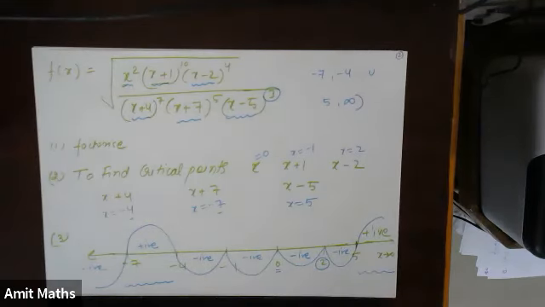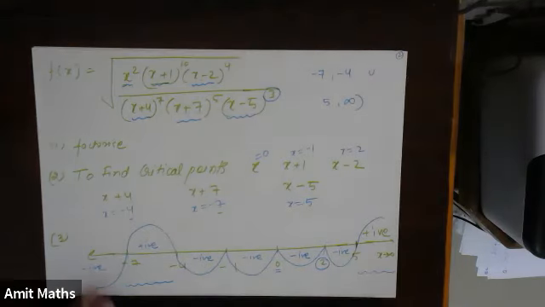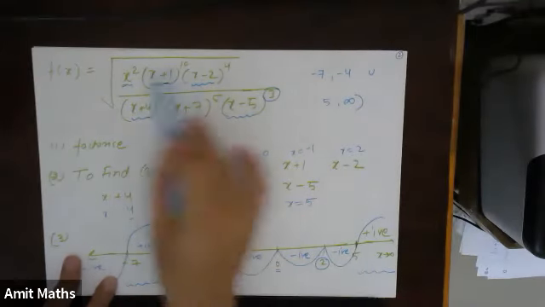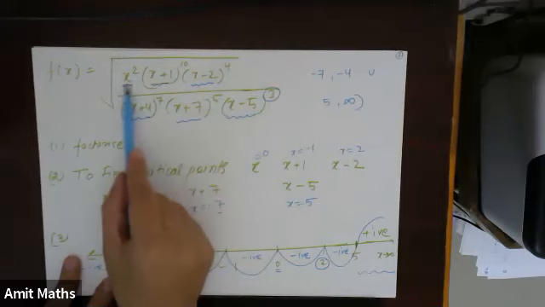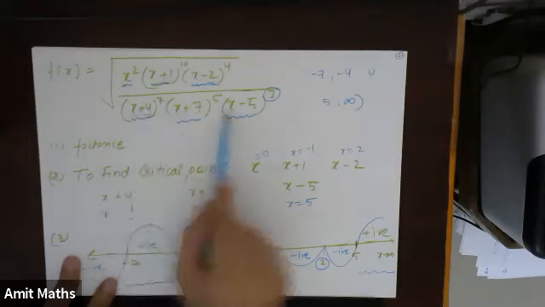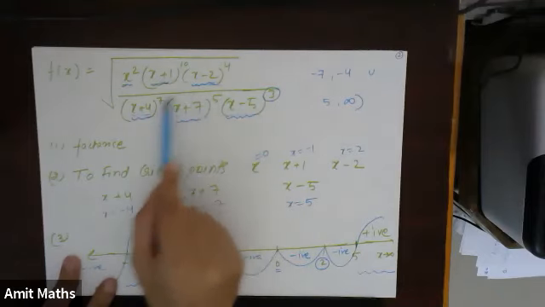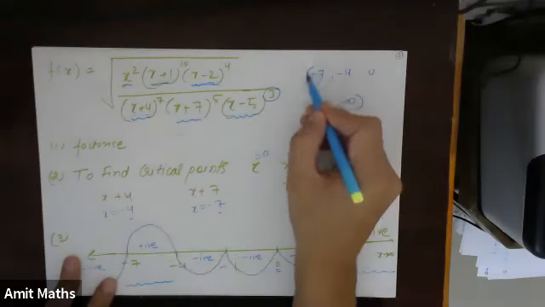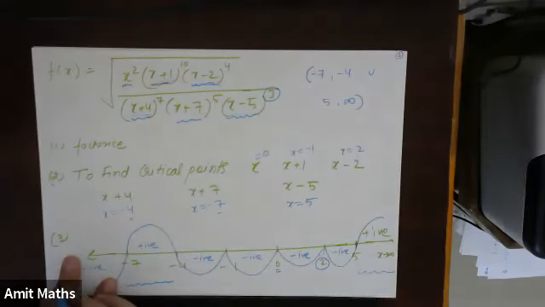Now, I just have to check whether I have to include -7, -4 or 5. Because if I substitute -7 in this, I will get a real value here, and here, and here, but here I will get 0. So this whole thing will be 1 by 0. So can I include -7? No. I have to exclude -7.